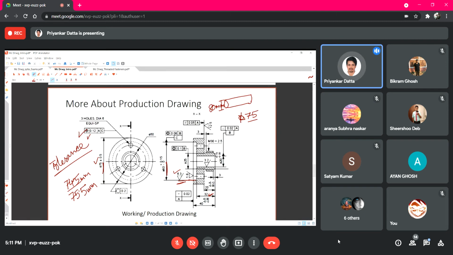So in a turning operation, what happens? This shaft is fixed on one side, and a motor powers that fixed side, so that this shaft rotates, and a tool is fixed here. That tool can move towards the shaft, right?